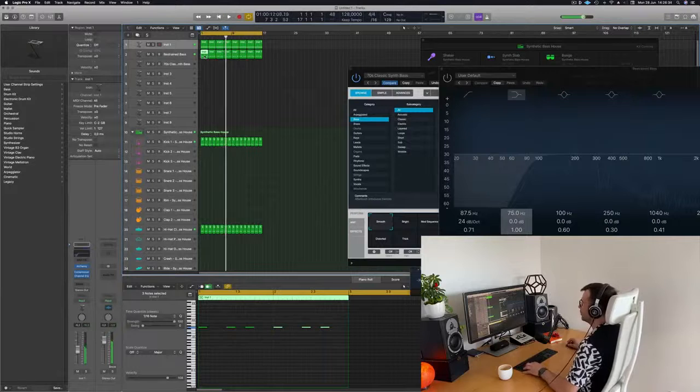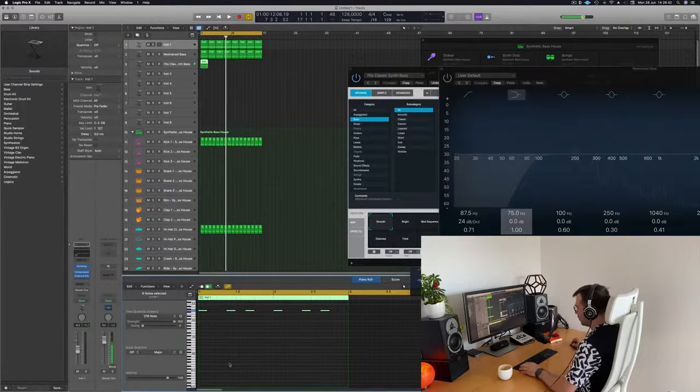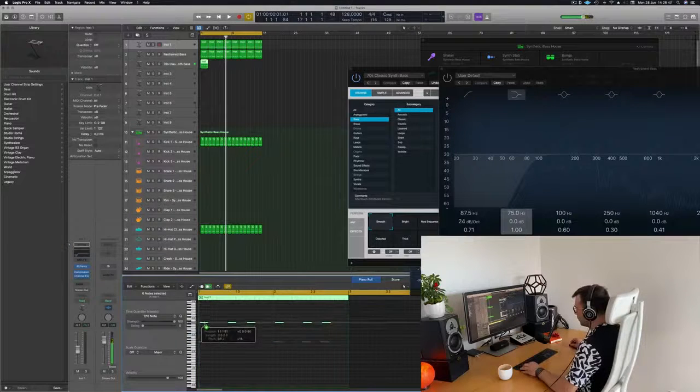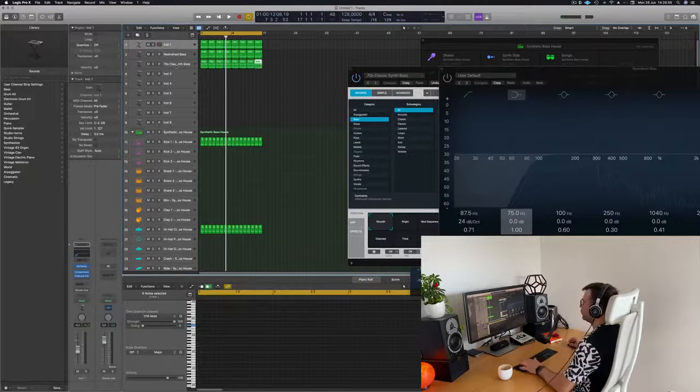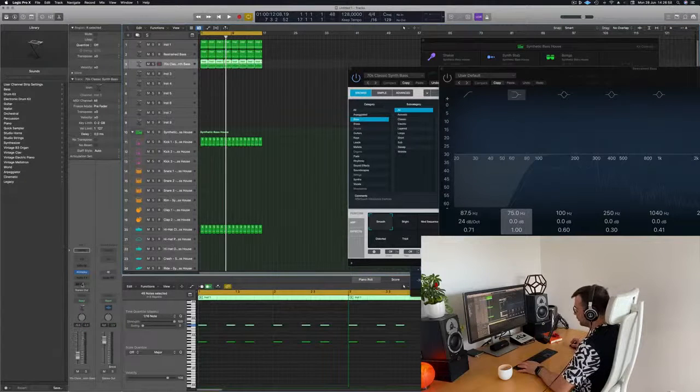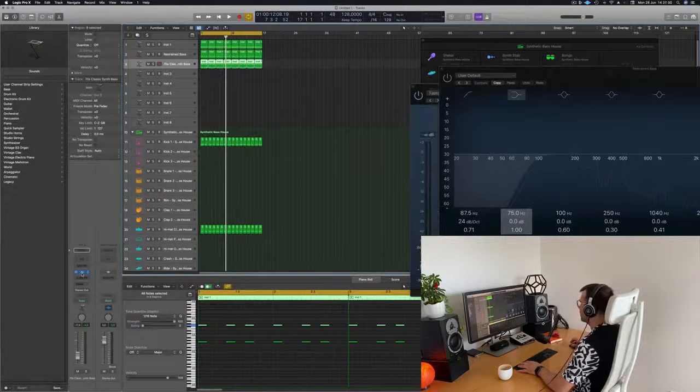Okay, so I do like everything that is there so far, so I'm gonna take this bass part here, I'm gonna bring it up, I'm gonna create a very simple sequence here, and then I'm gonna try to put some keys, melody.